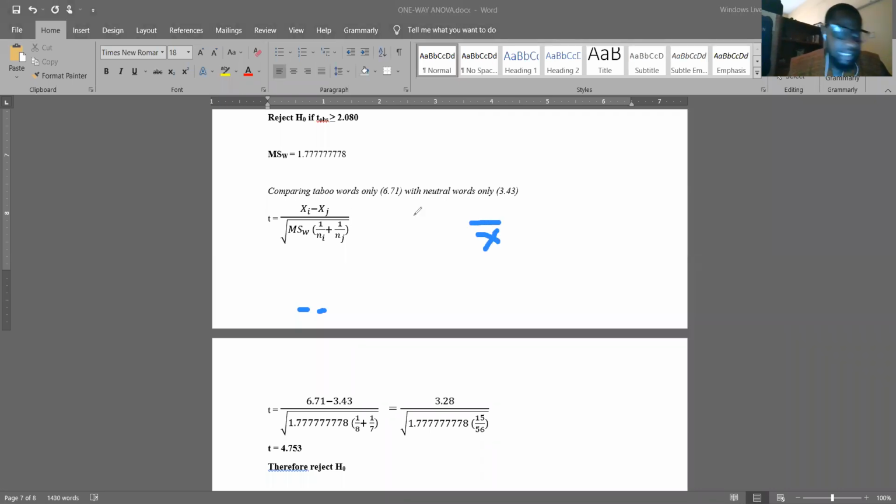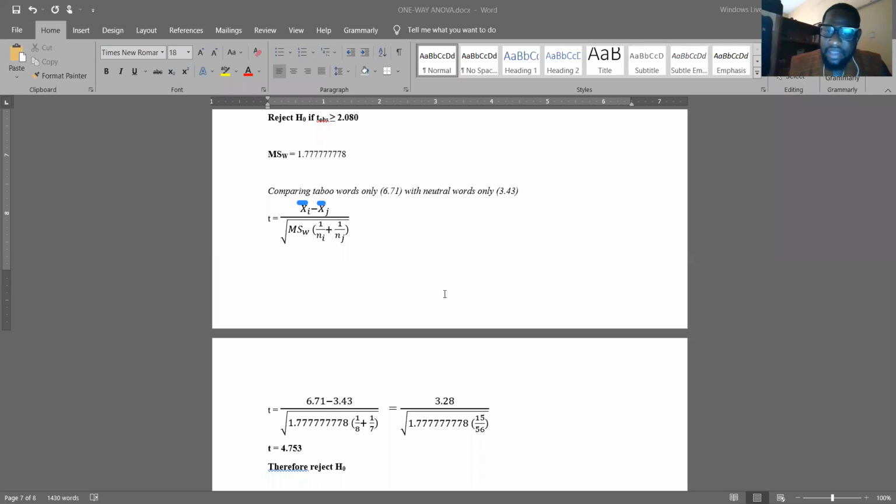So let's assume that this is the sample mean for taboo words, and this is the sample mean for neutral words. So per the protected t formula, we are supposed to find the mean difference between taboo words only and neutral words only. And that will be